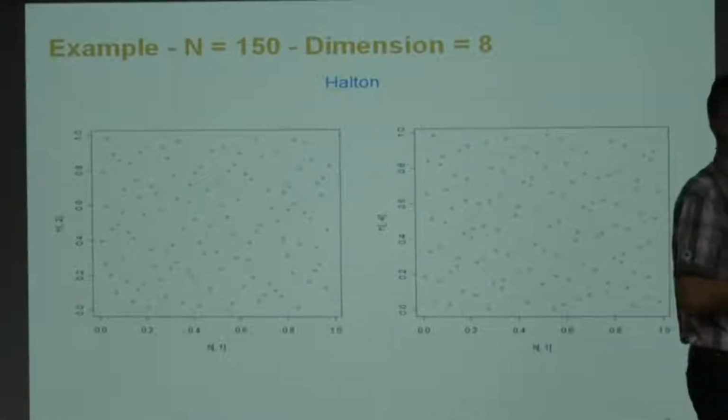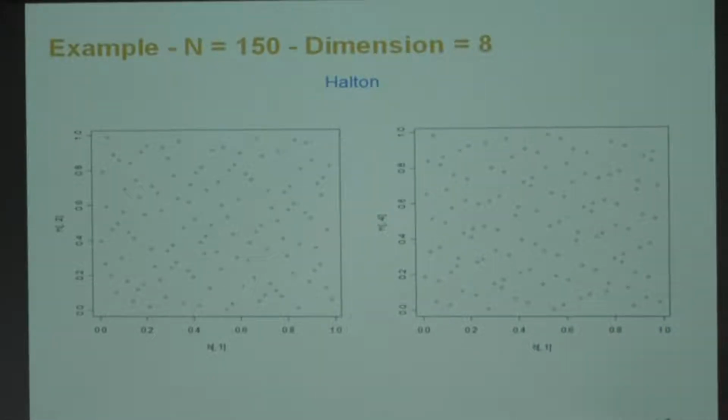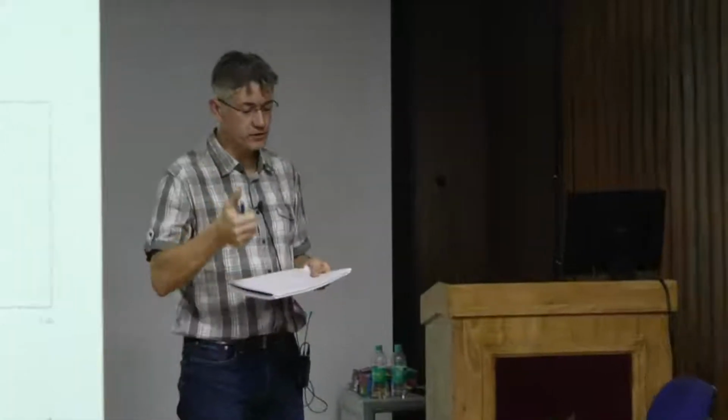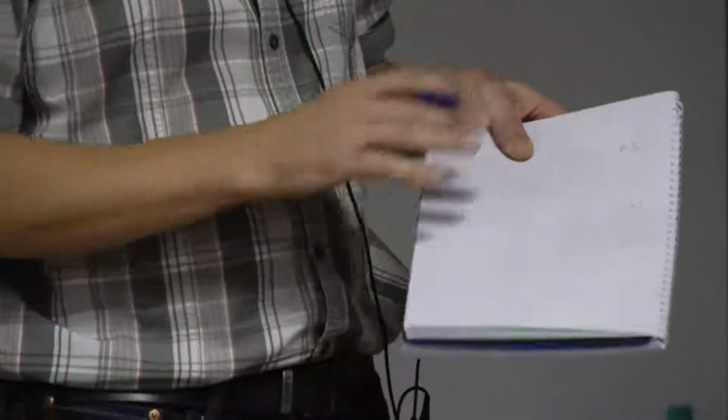So, the Halton sequence is based on taking prime numbers. For the first dimension, I take the first prime number, 2. For the second dimension, I take 3. I will stop after I take 5. So if I take just x1 and x2, I take 2 and 3. And I create some fractions based on these prime numbers. So the first fraction is 1 over 2, and here it is 1 over 3.